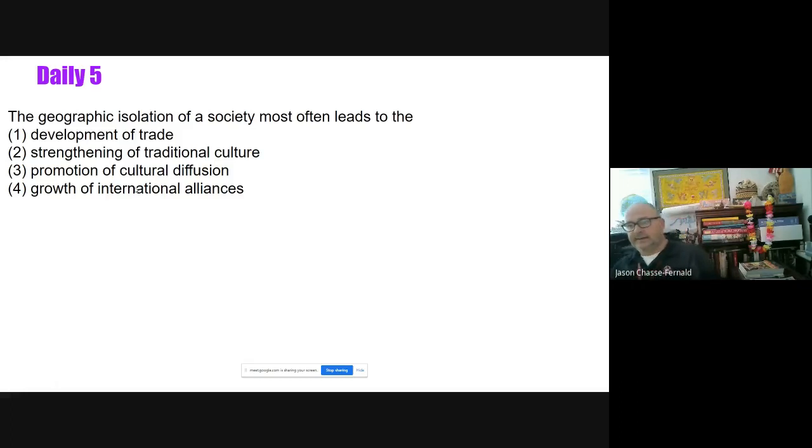All right, so what is the correct answer here? Number 2 is the correct answer. We do spend a moment in class also talking about cultural diffusion because it is such an important concept in this class. So I'll have students define what cultural diffusion is and give an example of it. A lot of the time I'll get syncretism as an example or a definition. So cultural diffusion and syncretism are really important concepts in this class.